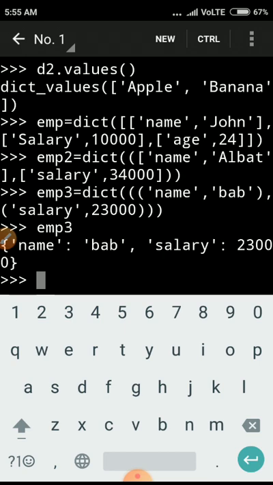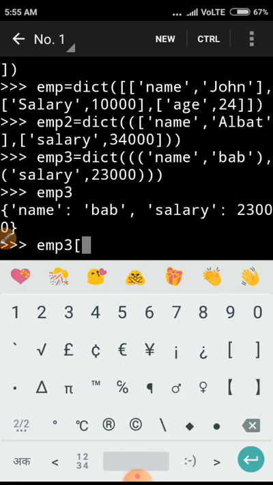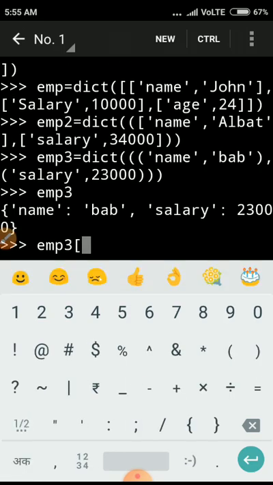If I want to insert a new element, age, for that we use emp, the name of the dictionary, and inside the square brackets I write the new key.